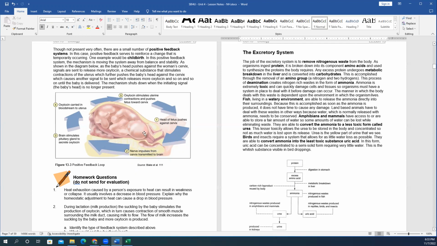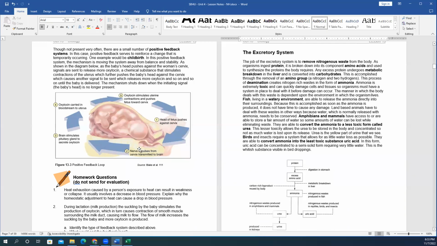So instead of the feedback happening, the hormone that is being released wants to return things back to normal. In this case, it wants to push things even more outside of the balance and stability. So this cycle keeps going on as the uterus muscles contract, the head pushes even more against the cervix, the